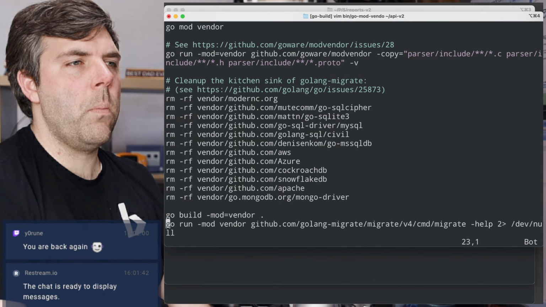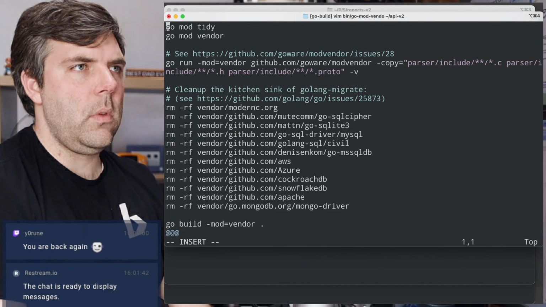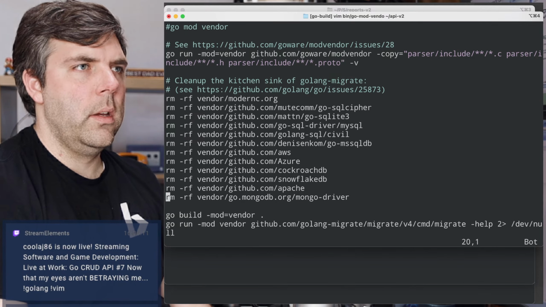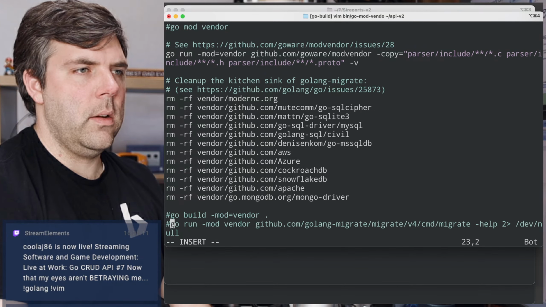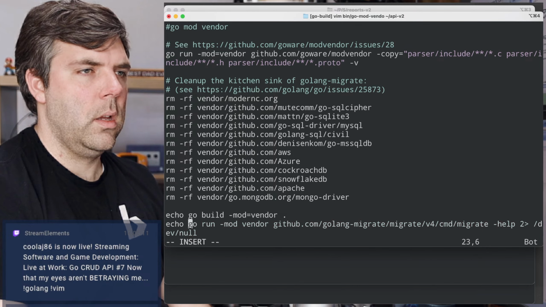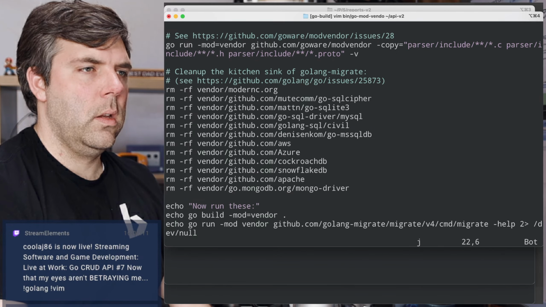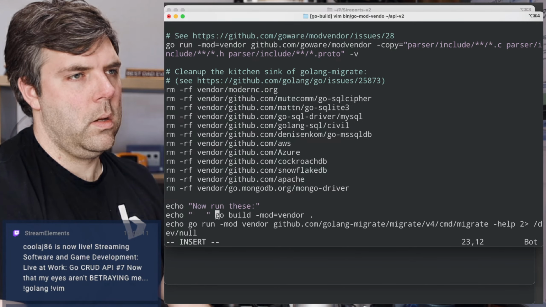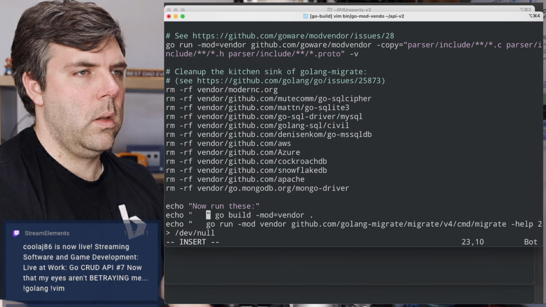I have to run these basically in three phases. I'm just going to get rid of this. And get rid of this. And get rid of this. I don't know why.